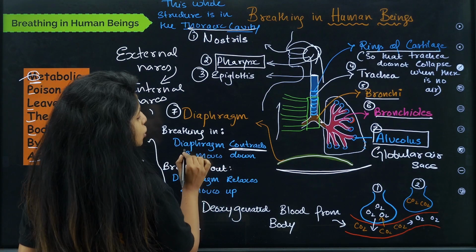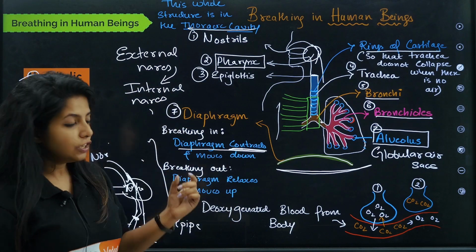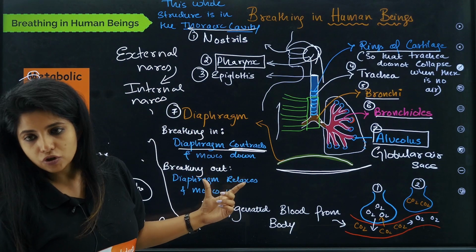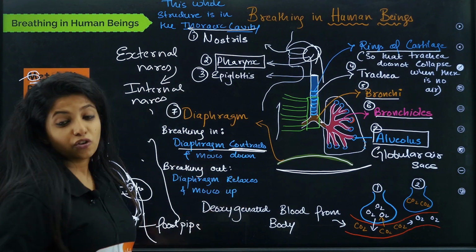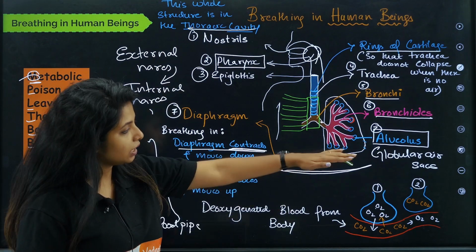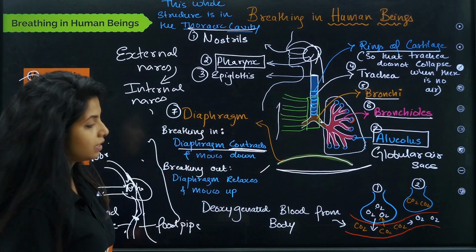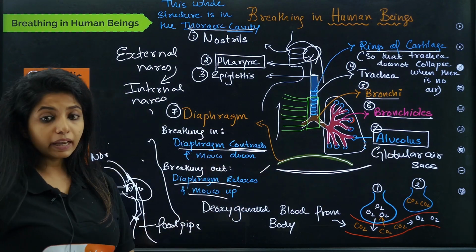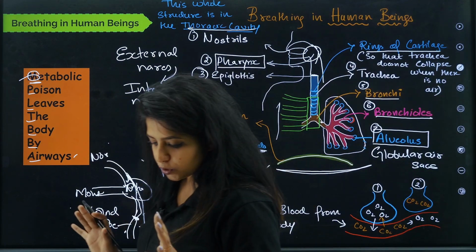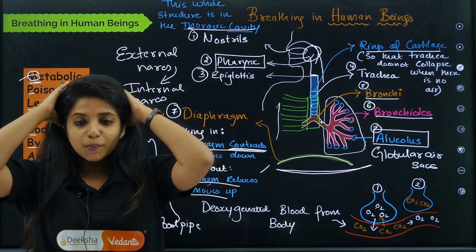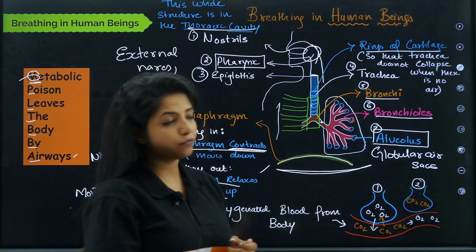Because they will ask you, when the diaphragm contracts, what happens? Does the thoracic cavity increase or decrease? When the diaphragm contracts, my dear children, the thoracic cavity's space increases. When the diaphragm relaxes, when it gets curved up like this, obviously the space becomes really less. It moves up. And when we breathe out, we actually relax our diaphragm. I hope this is clear, and with this we are completing respiration, my dear children. There's one little question left, we'll complete that also.